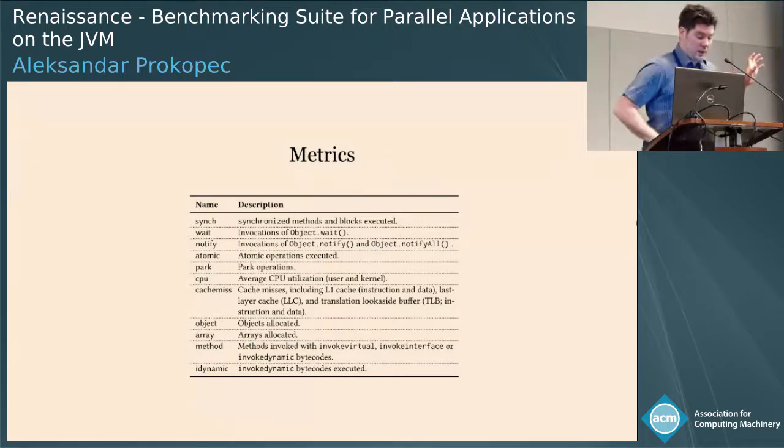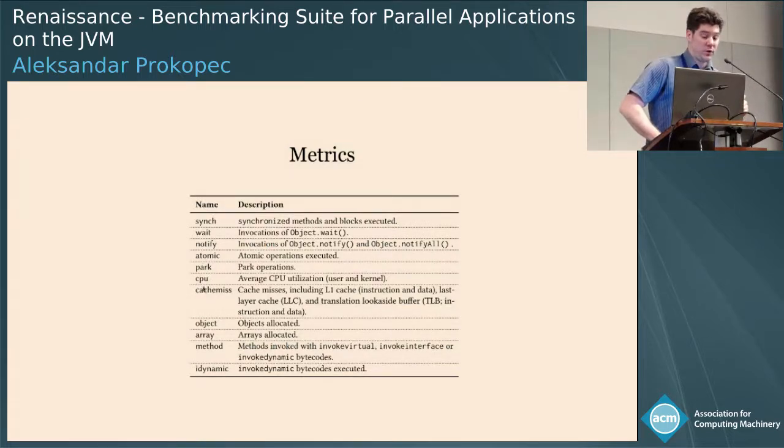We counted the number of invocations of a synchronized statement during the execution of the program, the number of calls to the wait method on an object, the notify methods, atomic operations, and this includes compare-and-swap, fetch-and-increment, and certain other atomic operations, then park operations.